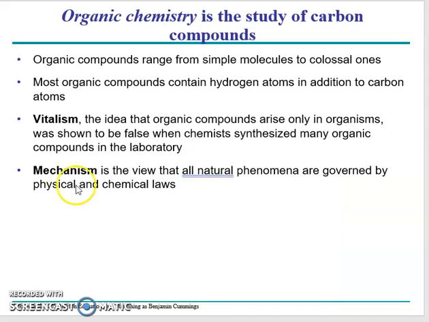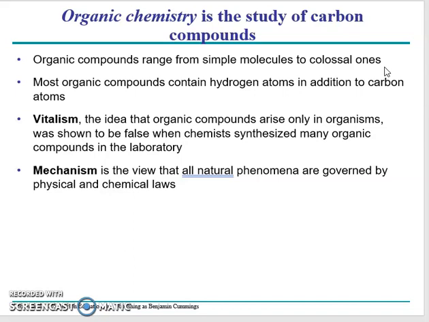So why is that? Organic compounds, or organic chemistry, is what you're referring to when you're talking about carbon-based compounds. They can be really simple, CH4, that would be methane, all the way up to ginormous ones like DNA. Super huge, millions of carbon atoms all put together. Most organic compounds contain hydrogen atoms in addition to carbon atoms. Hydrogen is really common in the environment, and therefore it bonds to carbon really easily just because it's so all over the place.